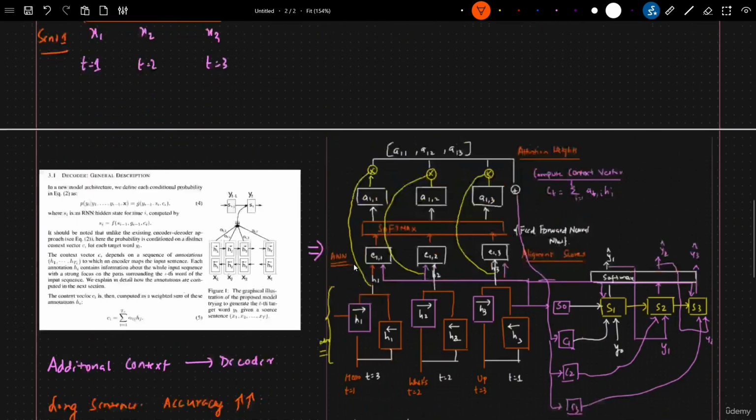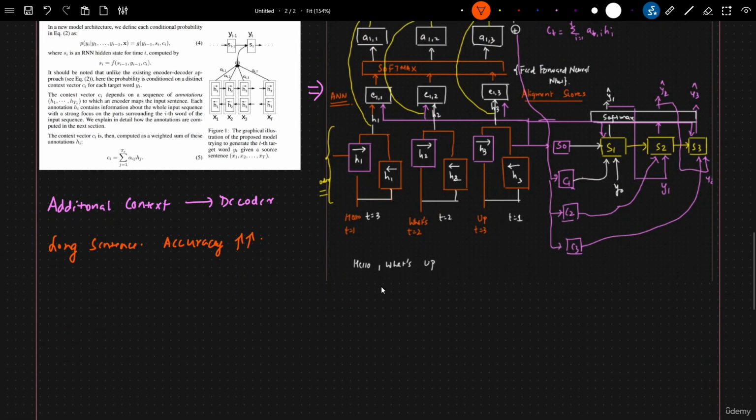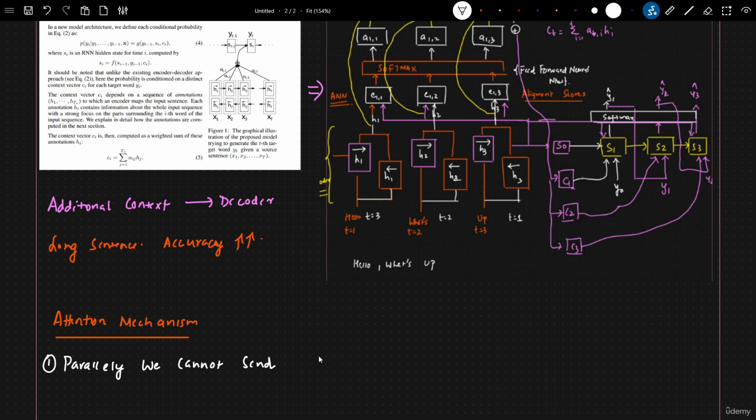But still, let's understand this attention mechanism. Okay. So here we are using a bidirectional LSTM RNN. Here also we are using LSTM itself. One problem that we see with this attention mechanism or encoder decoder is that we pass every word based on timestamp, right? So here, parallelly, we cannot send all the words in a sentence,